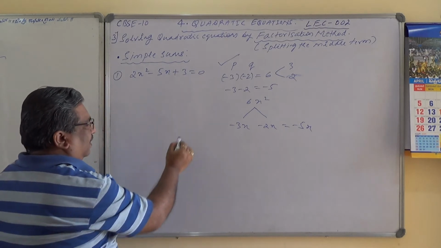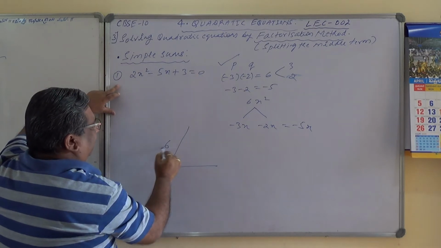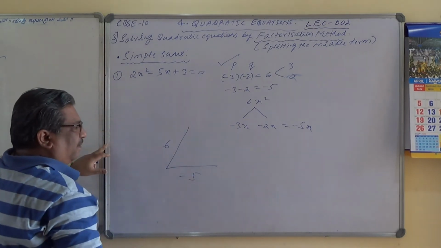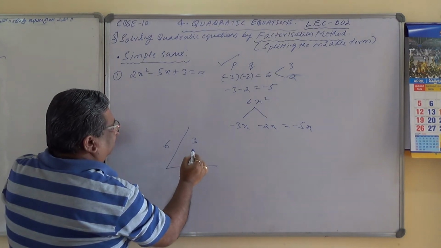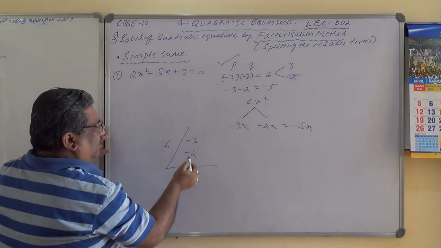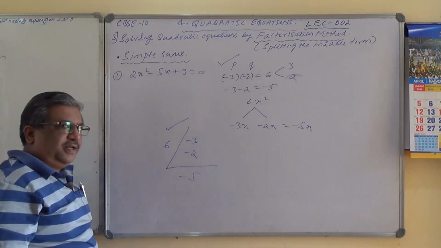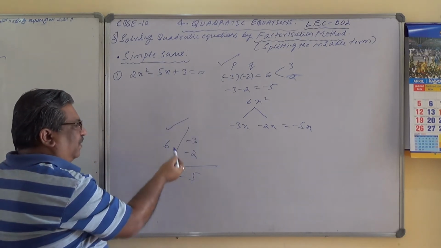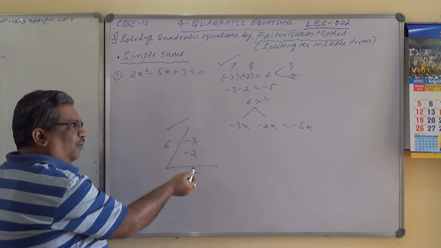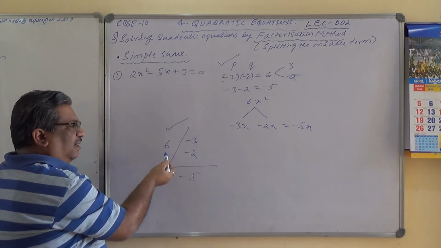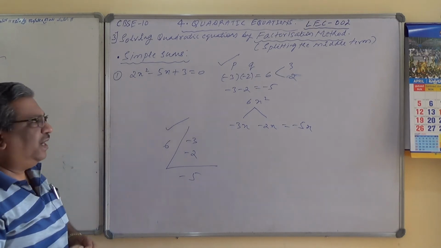One more thing, some students solve like this. See, for example, here, 2 into 3 is 6 here, plus 6 and minus 5 they should get here. So how do you solve this one? I use sometimes this method also. So here it is 3, minus 3, minus 2, minus 5, minus 3 into minus 2, plus 6. So this method also sometimes is adopted here. Here is ac and it is b here. ac is plus 6 and b is minus 5. So factors of 6 are 3 and 2, so that if I multiply, I will get this, and if I add or subtract, I will get this. So this is one of the methods you can follow, and this already you have studied.